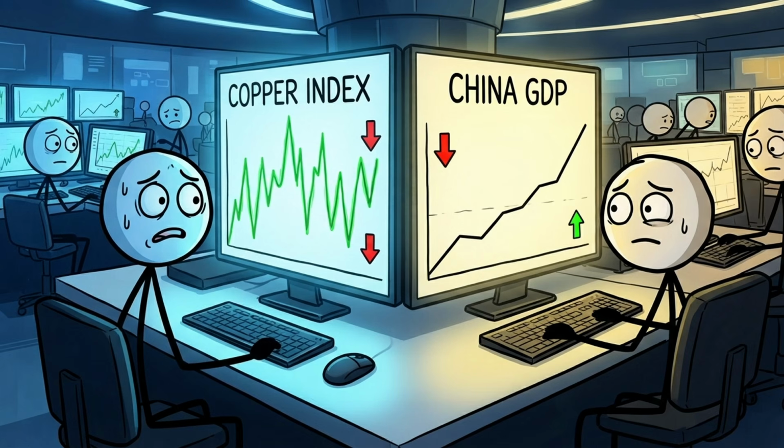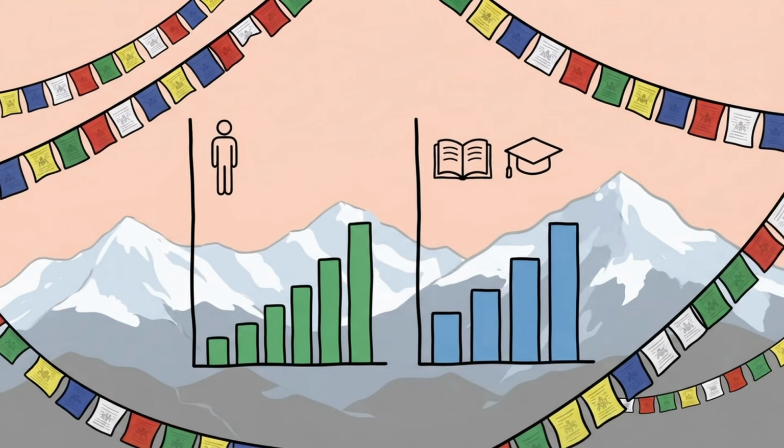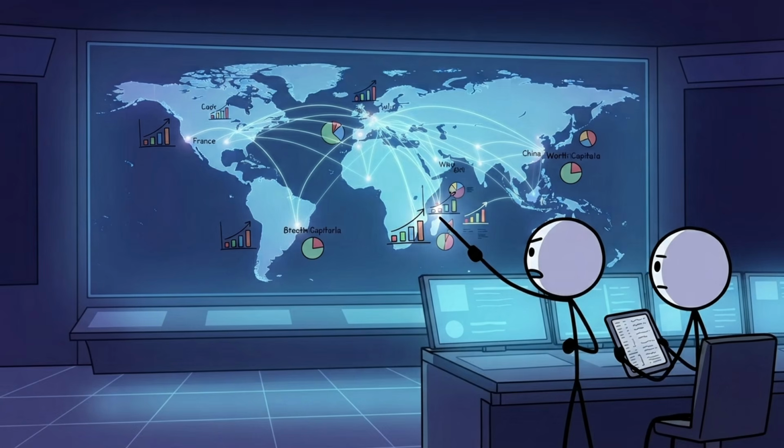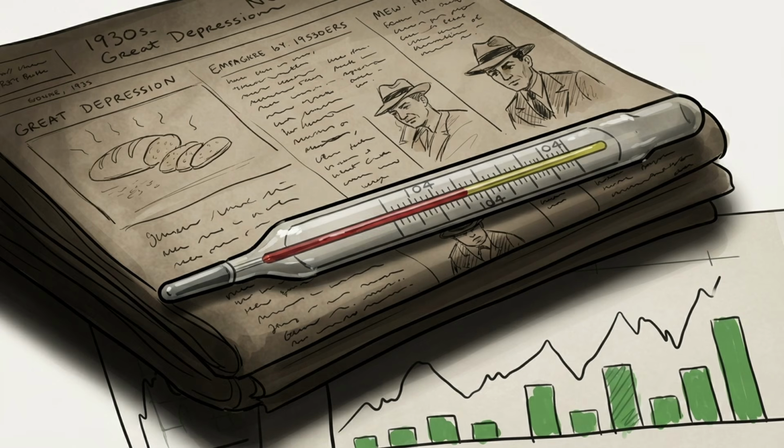Then, you might ask, if GDP is this flawed, why hasn't anyone replaced it? People have tried. There's the Human Development Index, which adds life expectancy and education. There's Bhutan, which in the 1970s declared gross national happiness more important than gross domestic product. But GDP survives for one reason. It's comparable. Almost 200 countries calculate it the same way, every 3 months going back decades. Nothing else comes close. It's like a thermometer. It can't tell you what's wrong with you, but you still want to know your temperature.